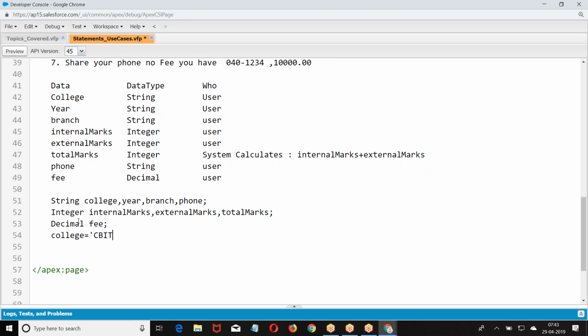So set the data. Because it is a variable, I was taking it in lower camel case. Variable name should be in what? Lower camel. The first letter of the first word is small, and the first letters of the remaining words should be capital. We have a branch. So I have phone number.